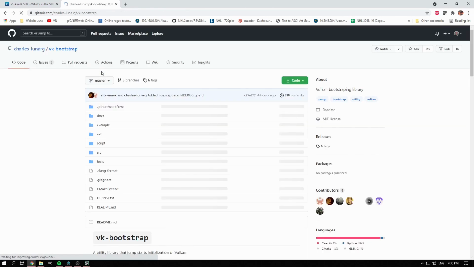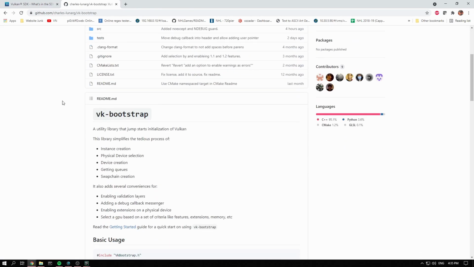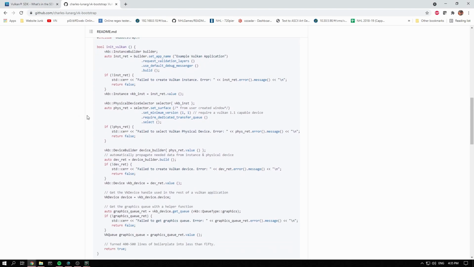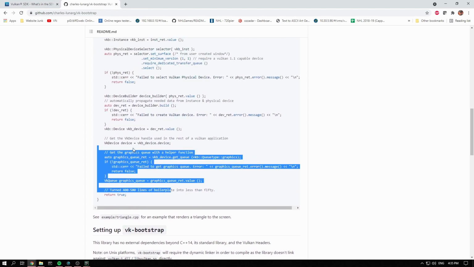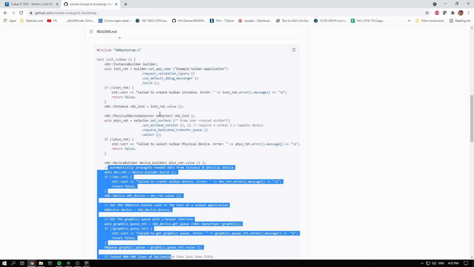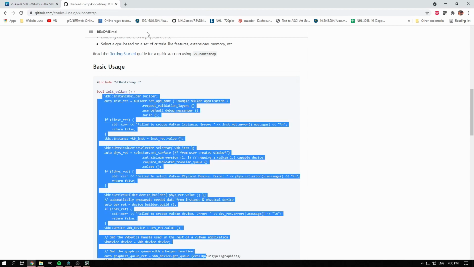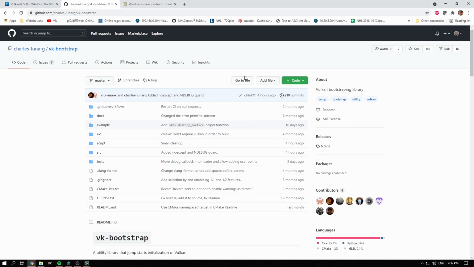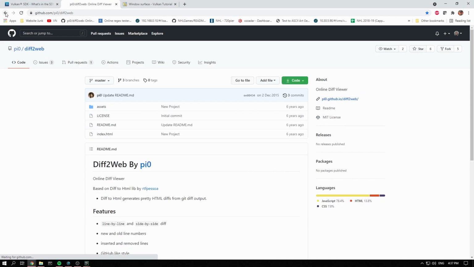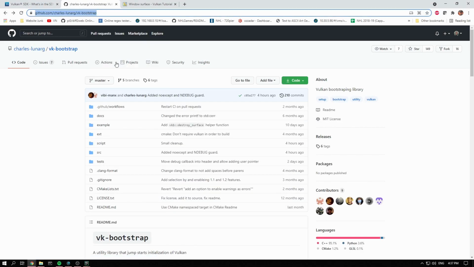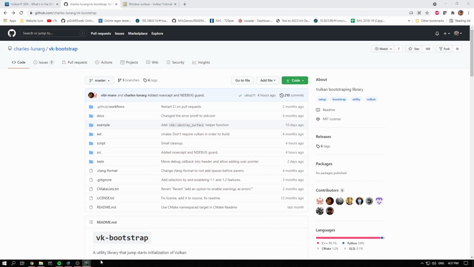And I believe it's this one here, VK Bootstrap. What VK Bootstrap does is it handles a lot of the boilerplate stuff you're going to be doing with every Vulkan application for you. So we're going to grab this and we are going to add it as a submodule to our